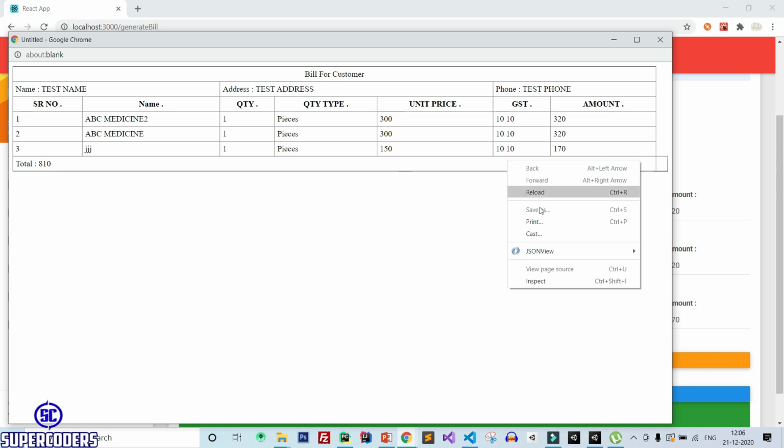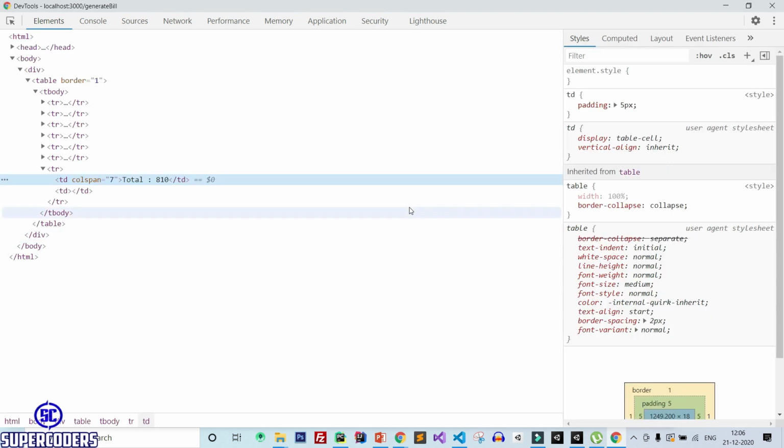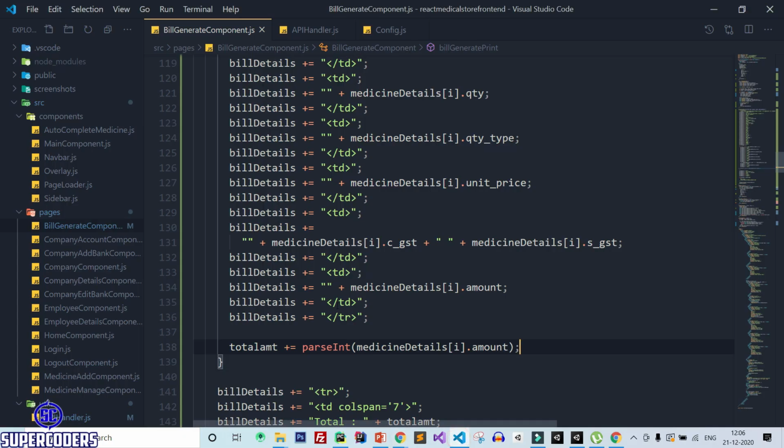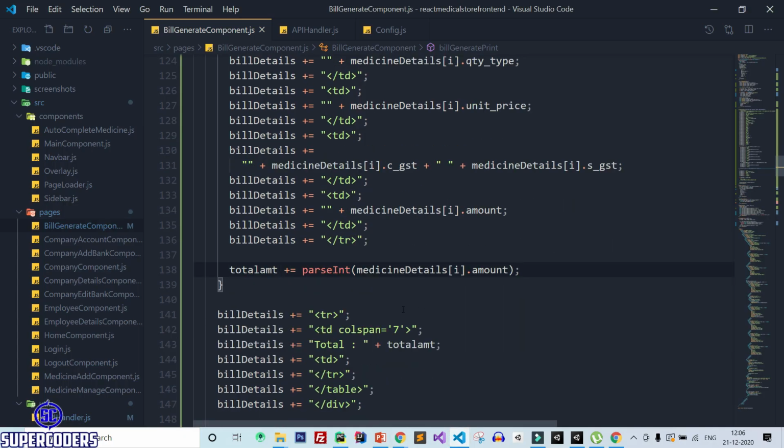Let's see. If I change this to 6, so it is looking perfect. So do one more thing, change this to 6 and style equal to text align right,